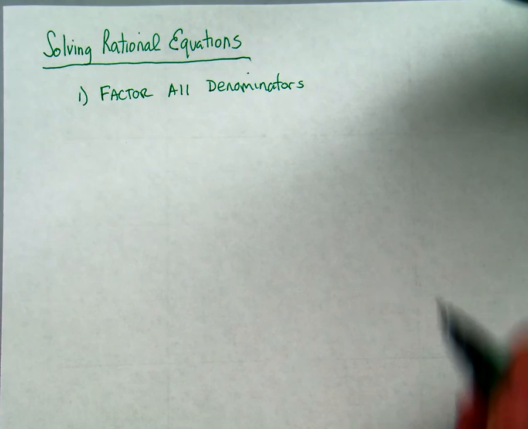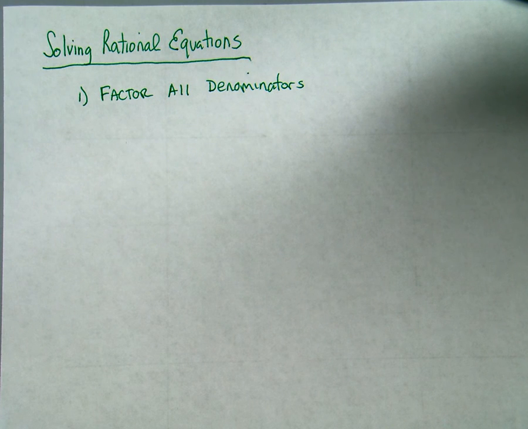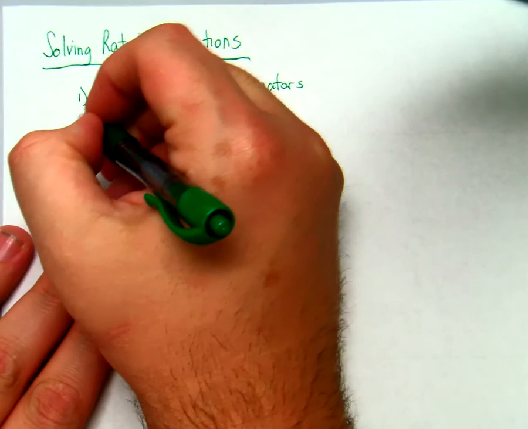Now, here is step by step what you need to do. And then we're going to take a look at examples from the handout that I just gave you. First thing you're going to want to do is factor out the denominators. Hopefully we have started to see that pattern that you are going to be factoring all the denominators all the time. Second,